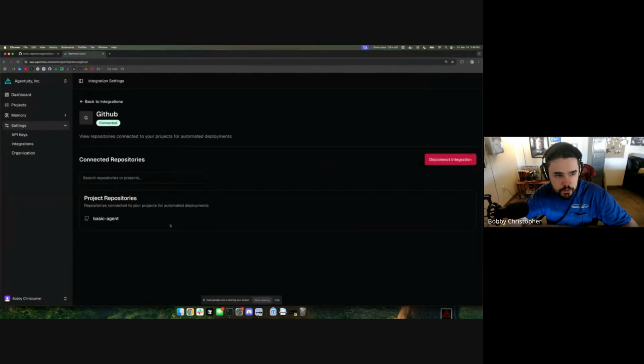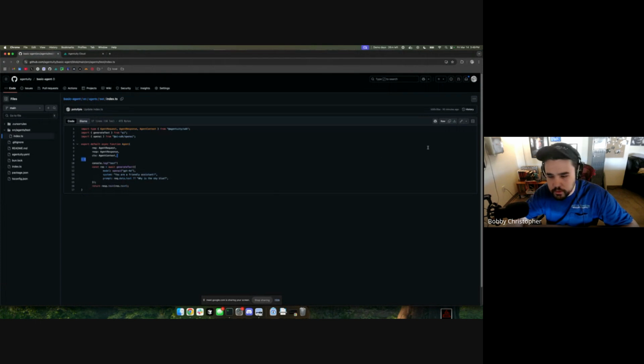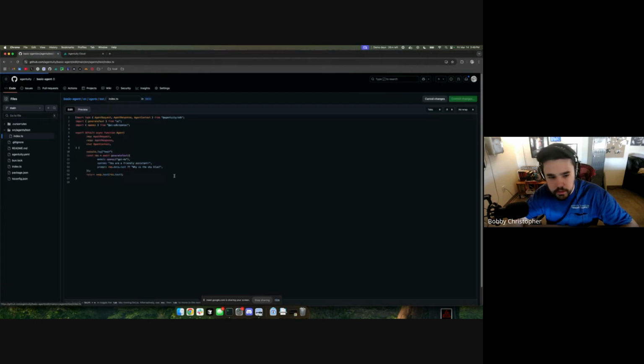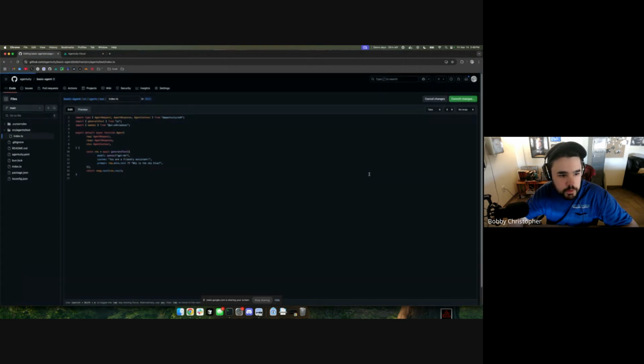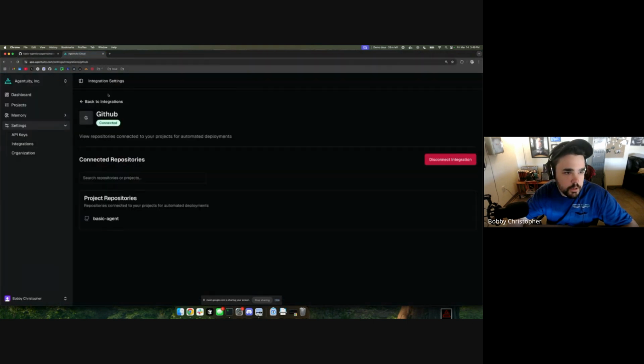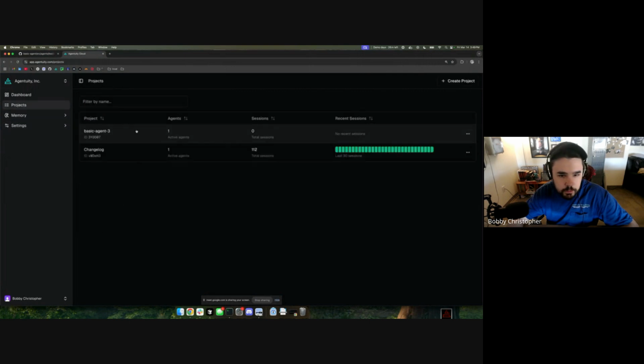And then the other thing I was working on was the GitHub integration that I mentioned last week. So here we have the GitHub integration already connected, and we can see that we have this basic agent repo connected to our organization. So we can come in here and make a commit on this repo. Just basic, update the text file. And we can come over to our projects,